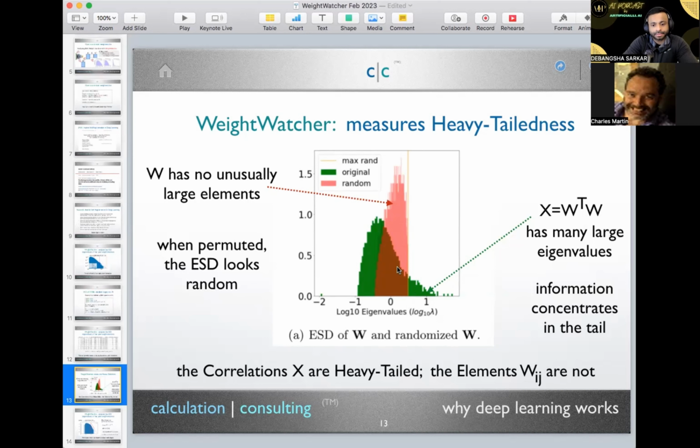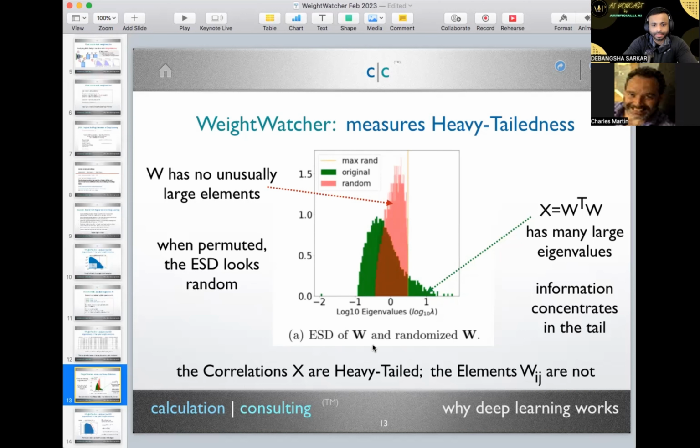Right. So the idea here is that the green is very, very different than the red. So you're going to get these tails that come out here. And of course, you're going to get smaller eigenvalues, because typically when you train a model, you're trying to preserve the norm. And so you get a very different shape. The shape of this green plot is what's really determining the correlation structure. That's our conjecture. And you can see this tail, which kind of peeks out from the red. It sticks out a little bit in here. This is the heavy tail right here.